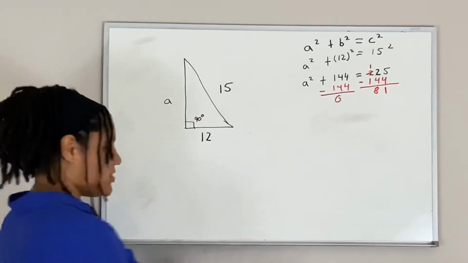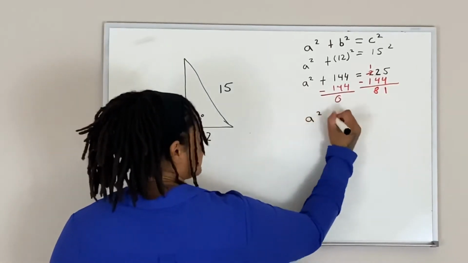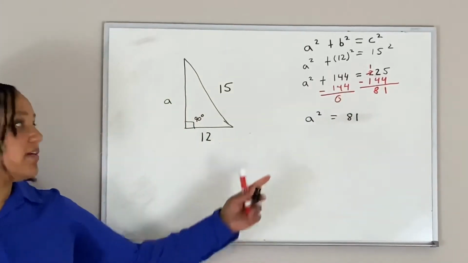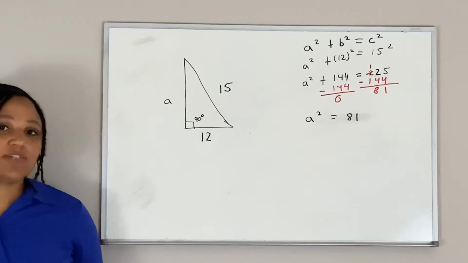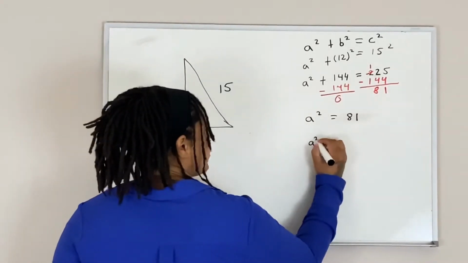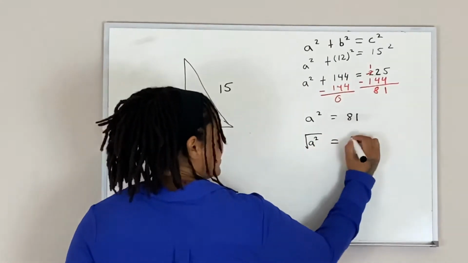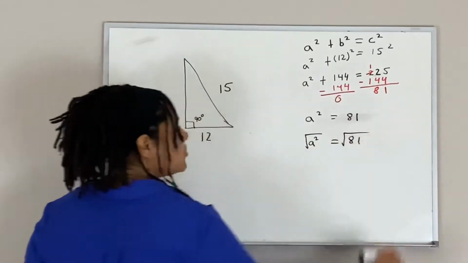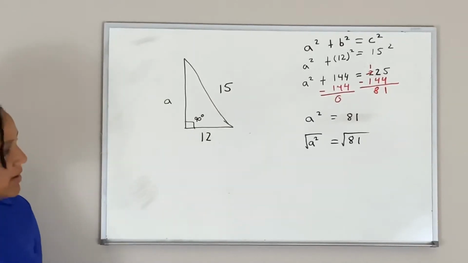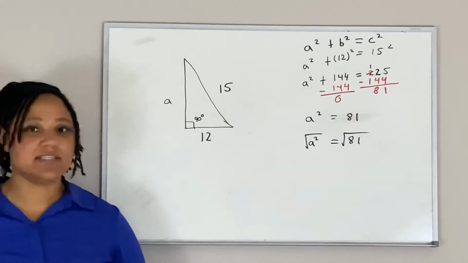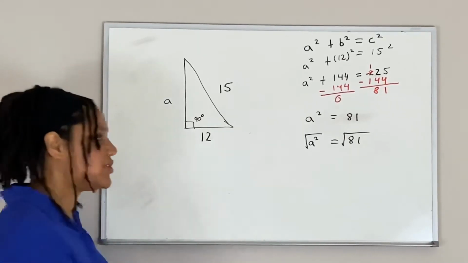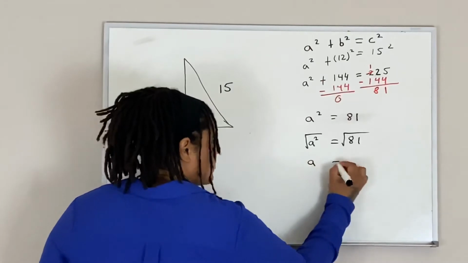So now I'm going to rewrite it. A squared is equal to 81. But now we still need to get rid of the square in order to isolate A. So I am going to take the square root of both sides in order to isolate A and make sure A is by itself. So A squared, the square root of A squared is just A,